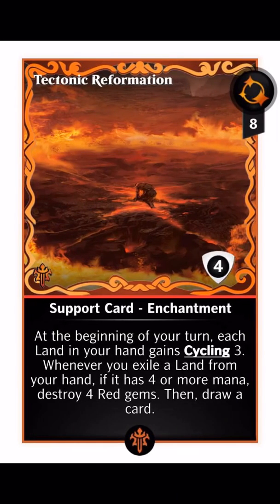Tectonic Reformation. This is going to be another really cool card. So at the beginning of your turn, each land in your hand gains cycling 3. That means you exile it from your hand, and if it has 3 or more mana, then you draw a card. And then whenever you exile a land from your hand, if it has 4 or more mana, destroy 4 red gems, then draw a card. So it makes it so that all of the lands that you have in your hand get cycling. They have a chance to draw you 2 cards, and in destroying all the red gems from the board, as